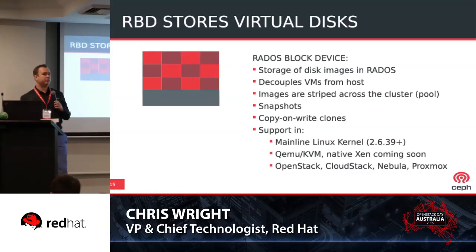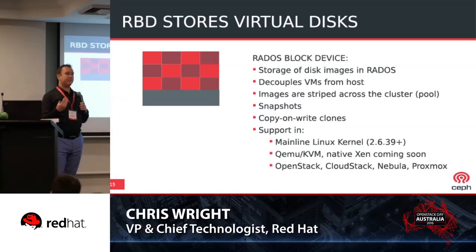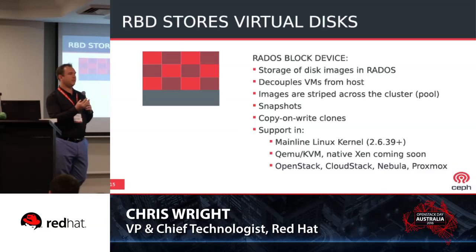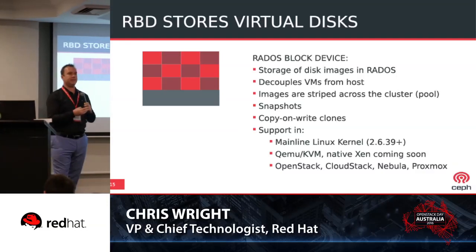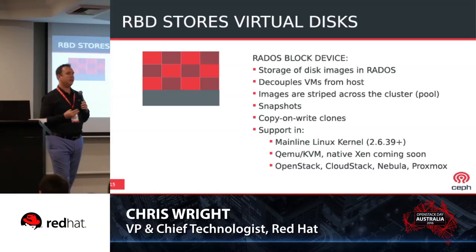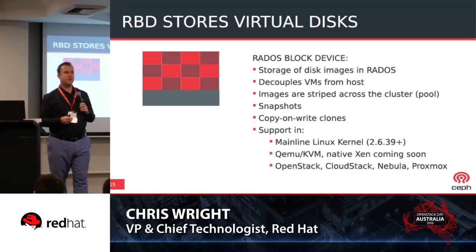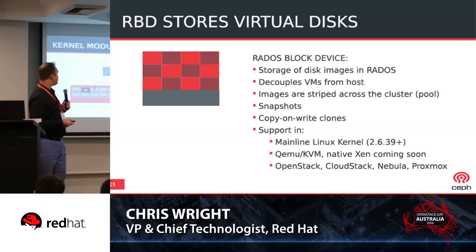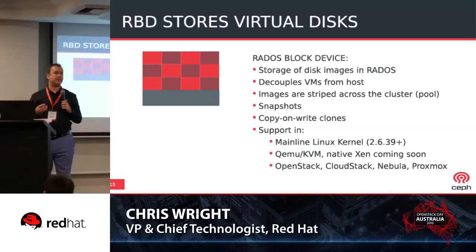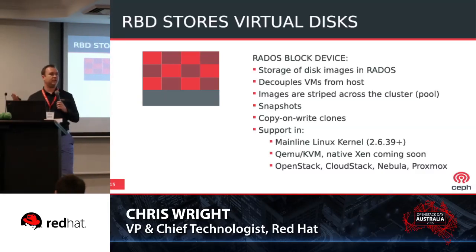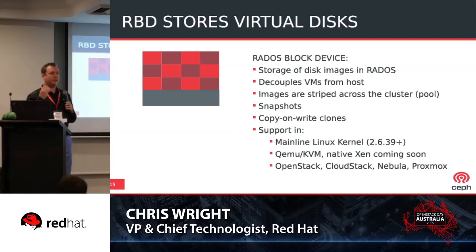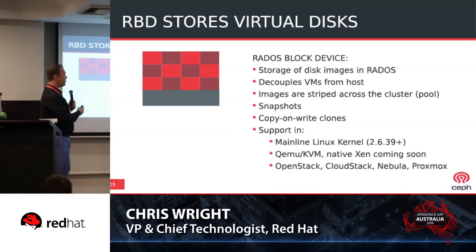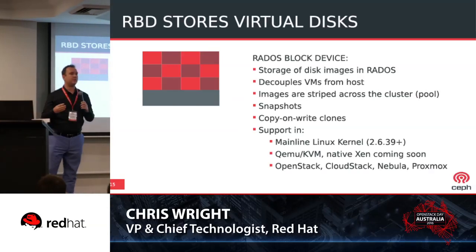Then there's virtual disks. So in an RBD pool, I can have a block device that just goes to my Red Hat Enterprise Linux system, and I put LVM on it and a file system, and hey, I've got a physical block device, and I can do whatever I want to do with it. Or I can go and attach that into QEMU and KVM with OpenStack and do that directly. So we get snapshots, we get copy on write clones,